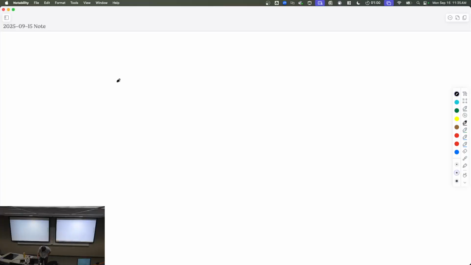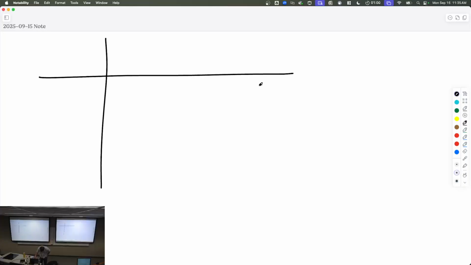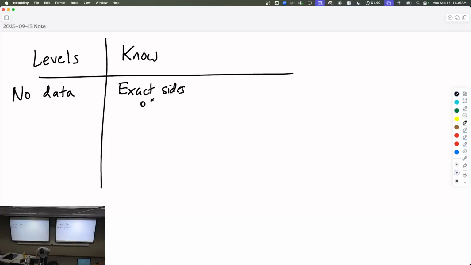So this class, we're going to do the same problem at 3 different levels. The level we're doing now is the no data level. What we know are the exact sides of the dice. In the problem, I told you the dice has one side that says 1, one side that says 2. You could examine the dice and know exactly what it's doing. And we found that the best estimate,